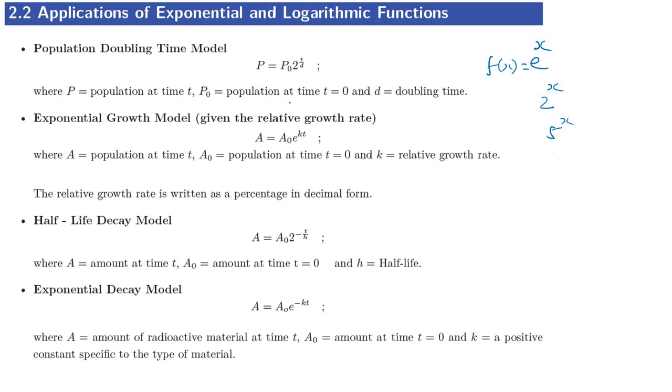So first I will explain what it is. Something looks the same. See here, population doubling time model. What does it mean? The population may be population of anything, like the population of a country, or a bacteria population that is increasing, anything like that, okay. In how many days or weeks or months or years the population is doubling.